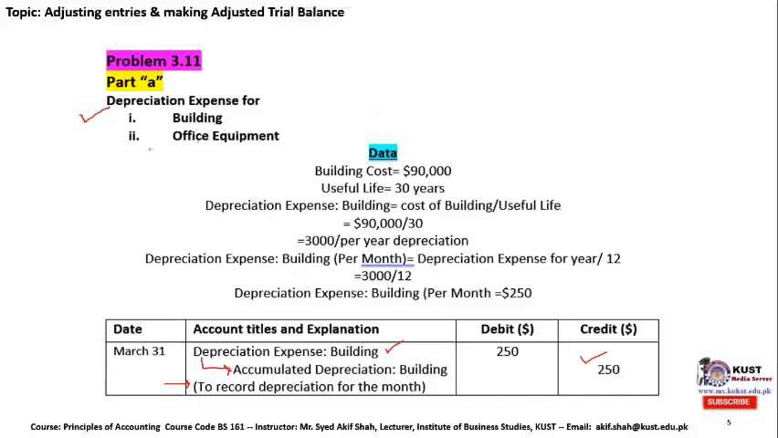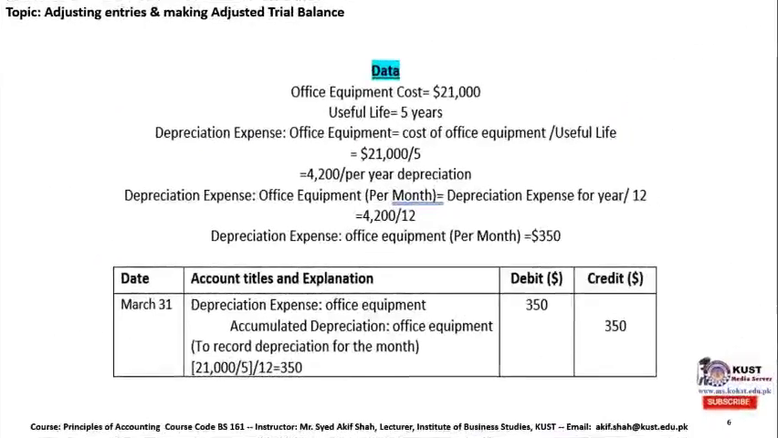Let's move ahead quickly towards the second instruction in part A, that is to record the similar entry for the office equipment. So we will follow the same procedure and the same specimen. Here we have the data. The office equipment cost is $21,000. From where we have